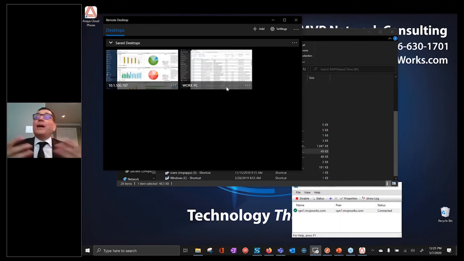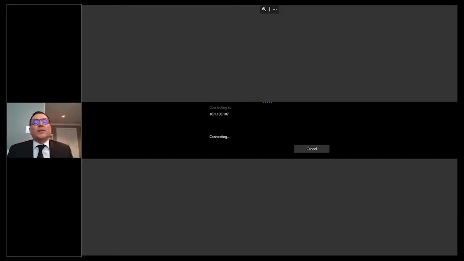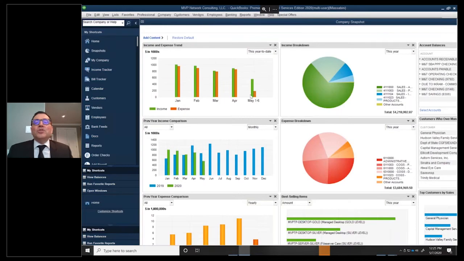If that PC is off, I can't reach it. I have to call somebody and tell them to turn it on. It's not a cloud desktop. It's a physical PC that I'm connecting to when I connect at the office. So if I double click on it, it's now going to, through that VPN connection, connect me to that machine and